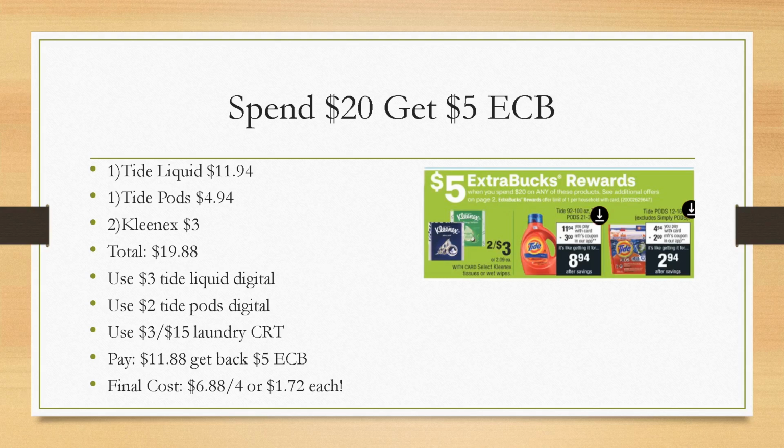I know a lot of stores do follow the 98% rule, so for this deal, you can use the $3 digital coupon for the Tide Liquid, $2 digital coupon for the Tide Pods. If you get that $3 off of $15 laundry CRT that has been circulating quite a bit lately, you're definitely going to want to use that on this deal. You'll pay $11.88, get back a $5 extra buck. Final cost is $6.88 for 4 items, or just $1.72 each,